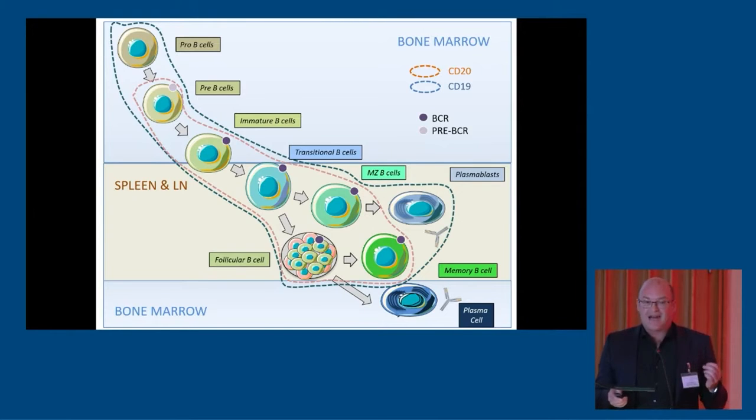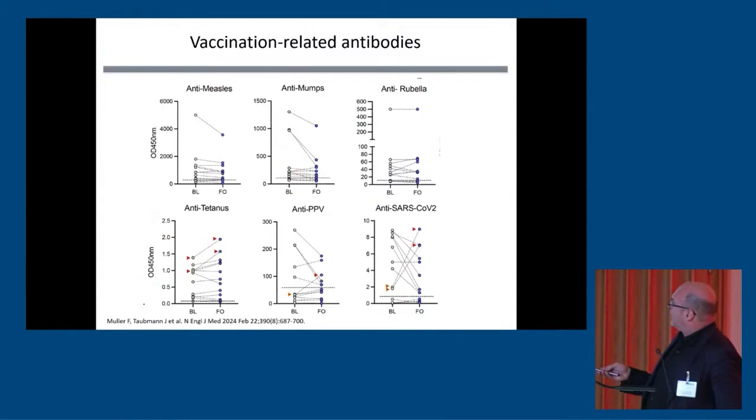Now, that the plasma cell is spared is quite important as the typical vaccination antibodies like anti-measles, mumps, rubella, tetanus, pneumococcus, and SARS-CoV-2 are not very much touched. There is some decline, but you can see that after the CAR T-cell treatment, they are still existent. Look at, for instance, the very stable tetanus antibody